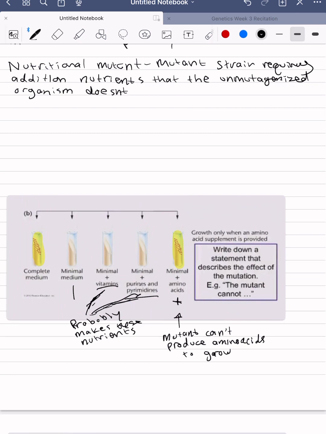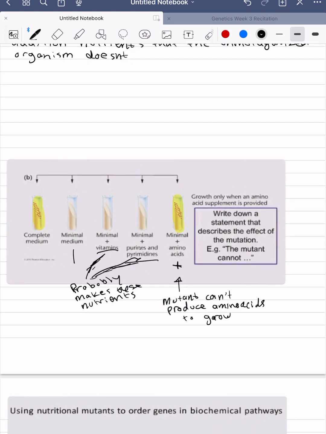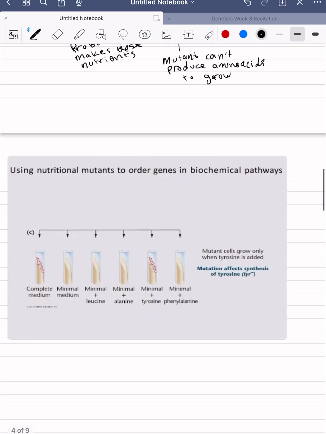So what you can do with this information is, you can go and take minimal media plus the amino acids. You could take minimal media and put different types of amino acids in different vials. You can group them up in pairs or in however many you would like, or you can just put them all, one amino acid for each vial. And the next slide,